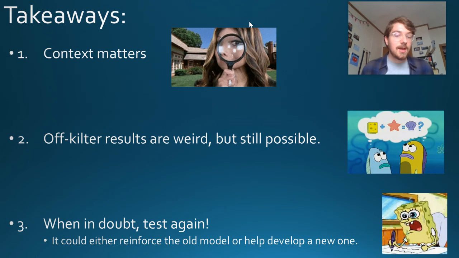And the last one is that when in doubt, test again. If you really think something is weird in terms of the results that you get, doing a test over and over again to check for that is going to reinforce whether the model that you've currently got is right or if it's wrong. So with that 60% thing on the basketball boys, maybe it just happened to be a bad round and then they do one the next day and they're all in that 60 range. They're never going to know unless they try again. So it's only going to help you to keep testing and testing,